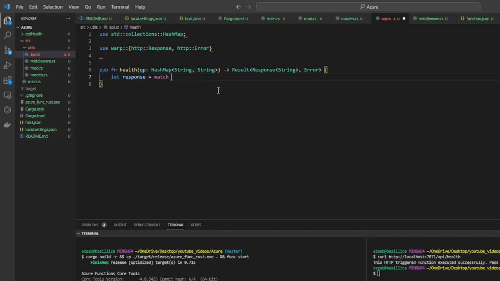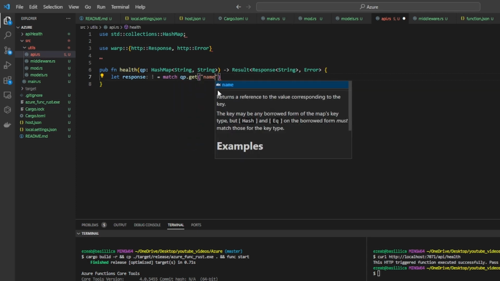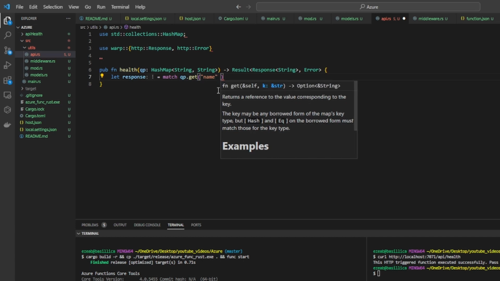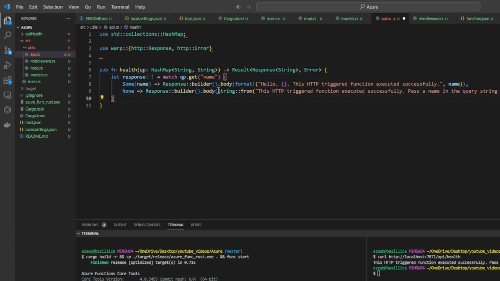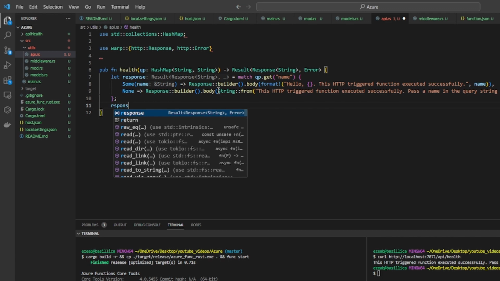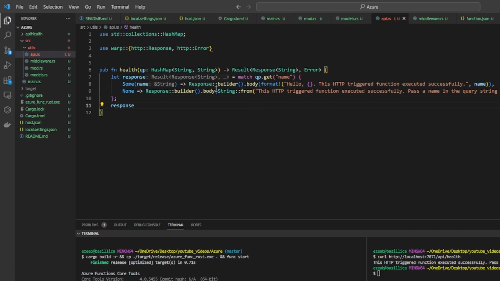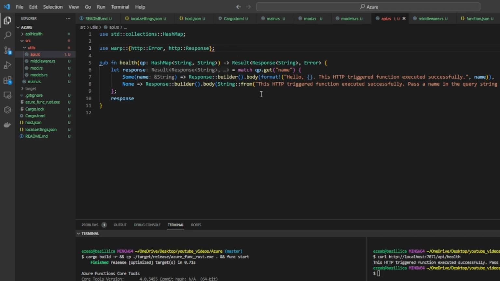So I can match qp.get, and so we are looking for one called name, and I can just dump it in here, and I return, come on, and I think I just need to put a semicolon here. I think this looks okay already,